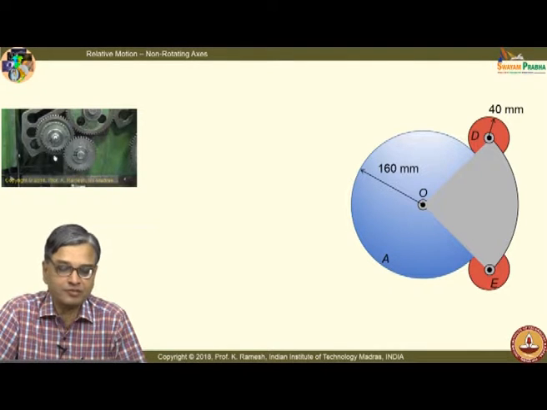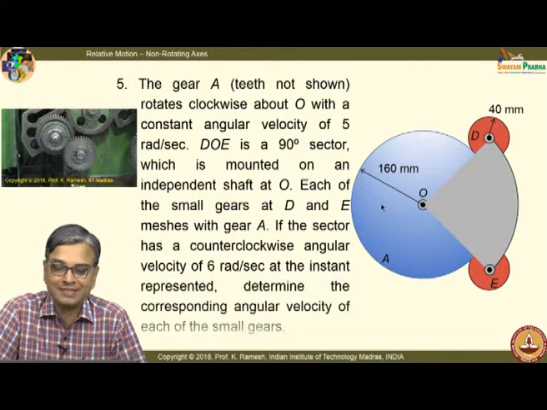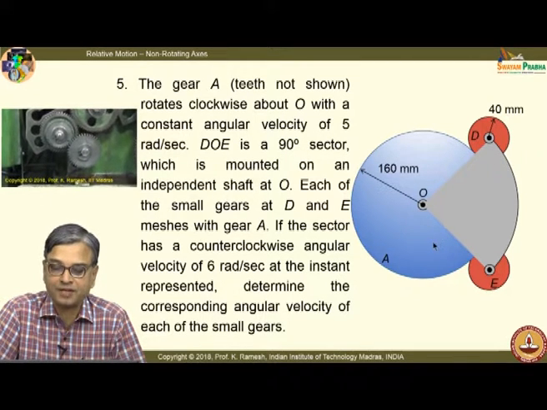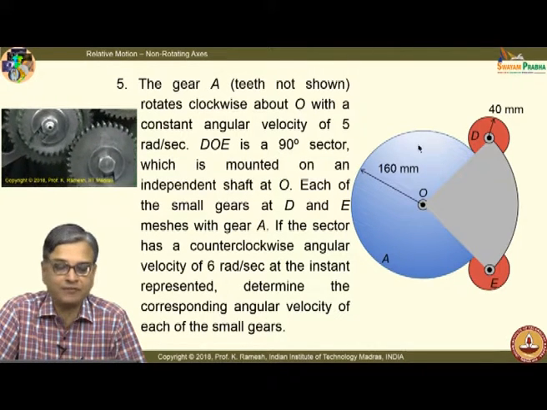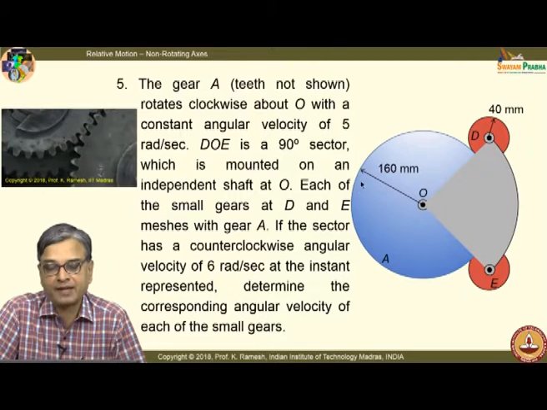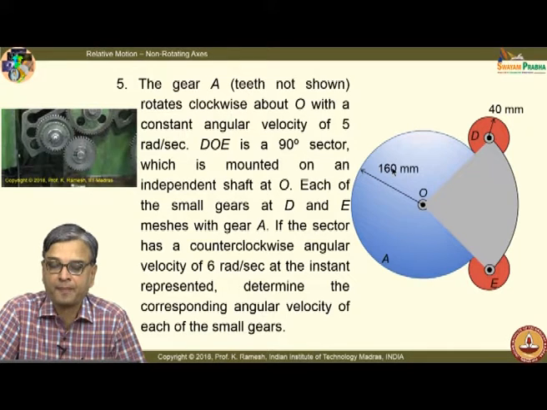This is dealing with gears. So, I thought that I would also show you the animation of the gear. And you have to understand what this gear is all about, how it works. See, essentially these are all spur gears with involute teeth like what you have here, but I have taken only the mean radius of that. And what I have here is gear A, which is shown in blue, rotates clockwise about O with a constant angular velocity of 5 radians per second.